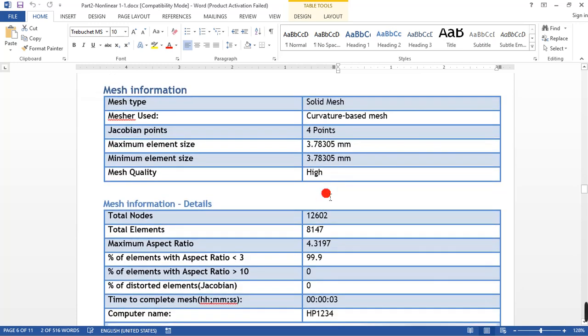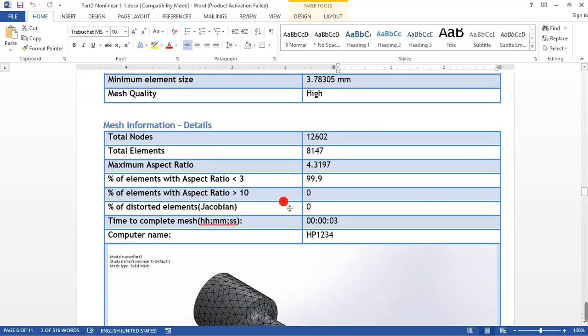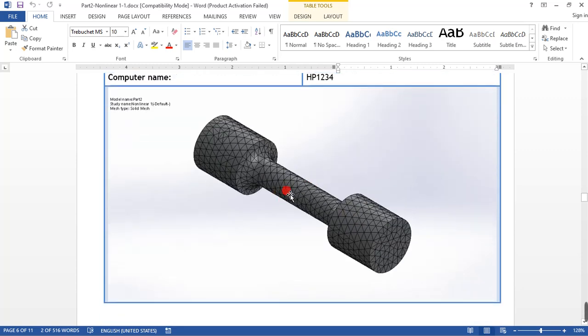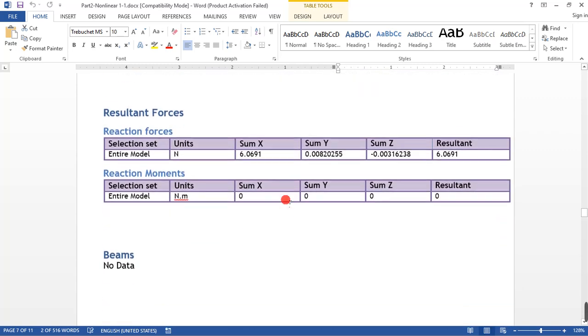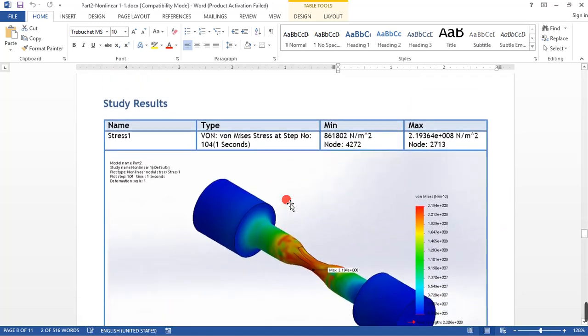Then next, the mesh information. We have a curvature based mesh. Then the total nodes and total elements are shown in this table. This is the meshed model,